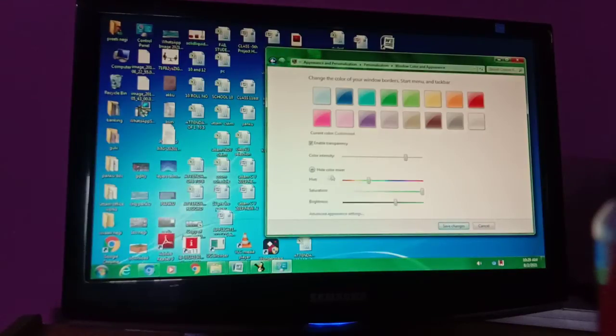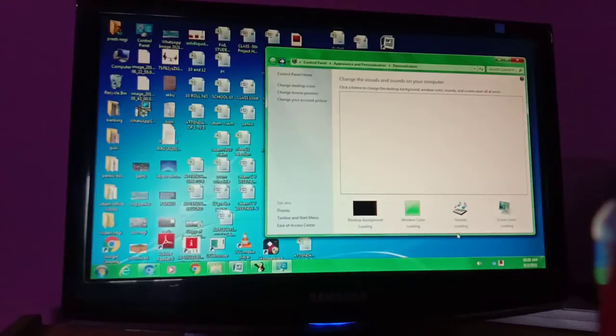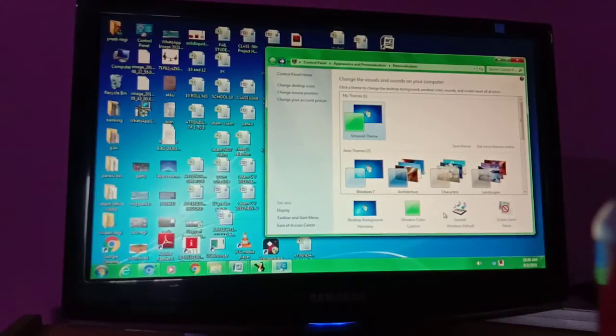And you can also see the color mixer. You can have other colors also, no problem. Whatever color you want, you can choose that particular color and increase its intensity. I hope it is clear to everyone how to change the window color.